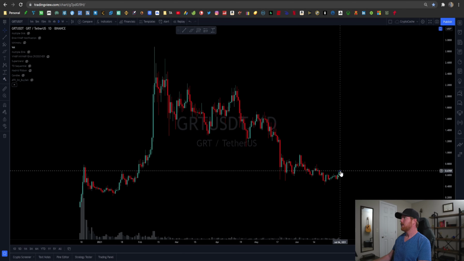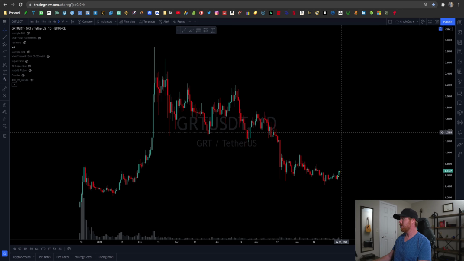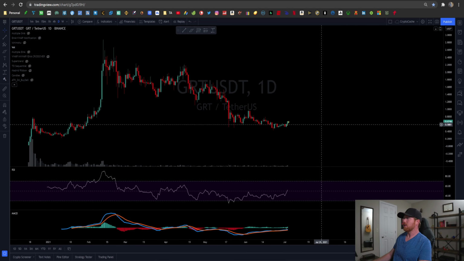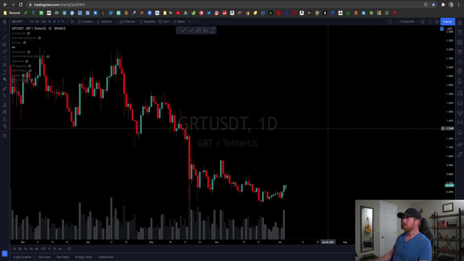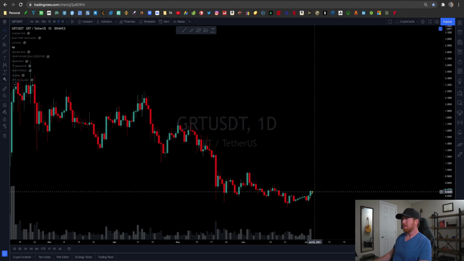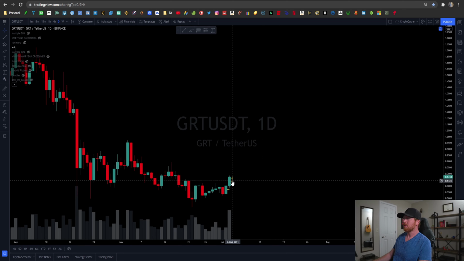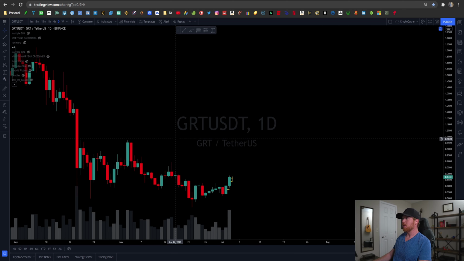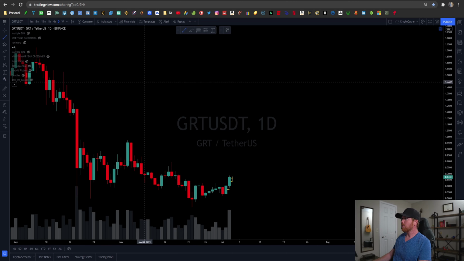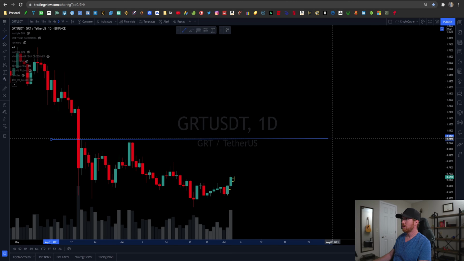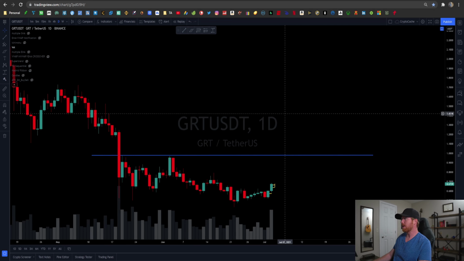Okay, so to me, a price under 70 cents is extremely affordable for the graph, and I do think that it is a good consideration for a swing trade. As far as day trading, you might not get a lot more out of this right now. It probably will go sideways for a little bit, but I do think it's going to increase and has much more potential. Just bear in mind there is a resistance level at roughly 97 cents. Should have marked that sooner, but that is kind of where we're at.